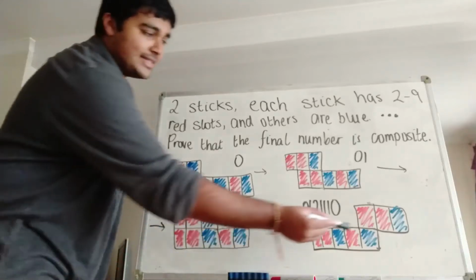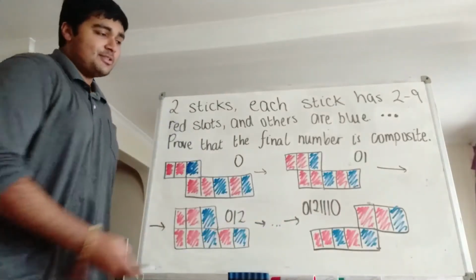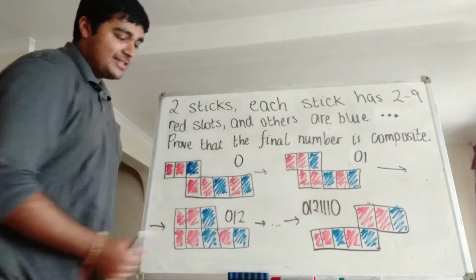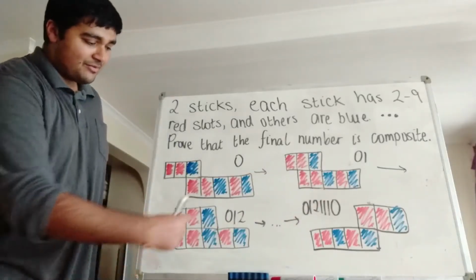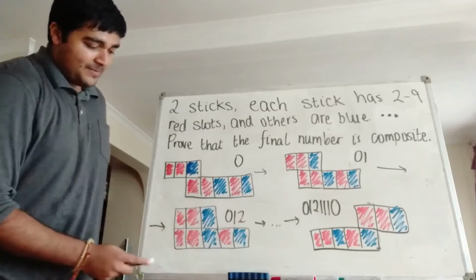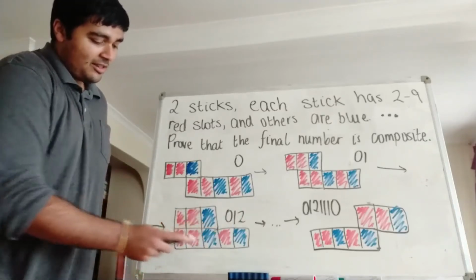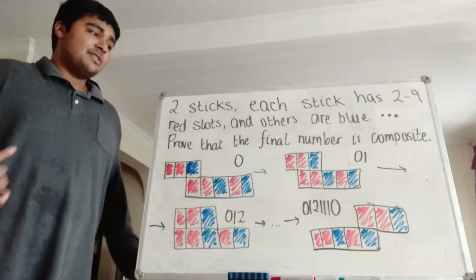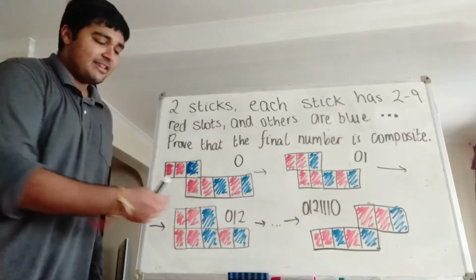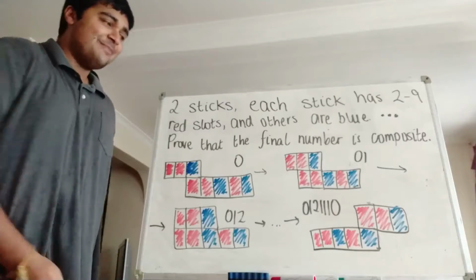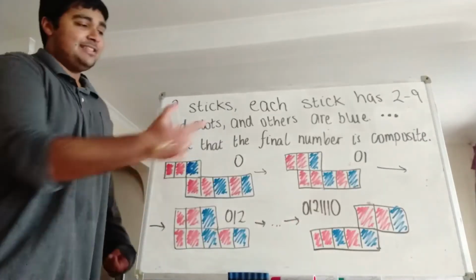Okay, and then here you can see we've got a red and a blue. So that corresponds to 0. I've omitted the 3 1s, but hopefully you can see where the 3 1s are coming from. If I bring this across one more, then this will be with this blue, so it won't align. This blue will be with this red, so it won't align, but this red here will be with that red, so that will be this first one, and then you get the other 2 ones using a similar sort of argument. Anyway, you get to this last one here, and you can see the red and blue don't align, so